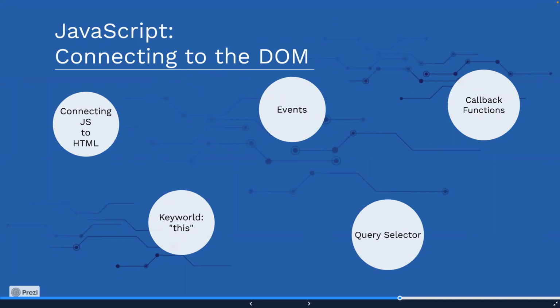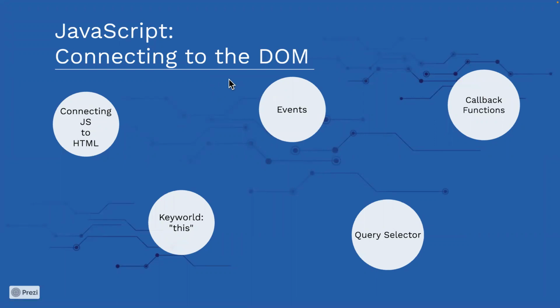Document object model. There we go. Document object model. Yes. So we're going to be treating the HTML as an object, and we're going to be using JavaScript to affect the DOM. Okay, so we're going to be referring to that object that our HTML creates as the DOM from now on. Okay, we're going to be talking about manipulating the DOM,